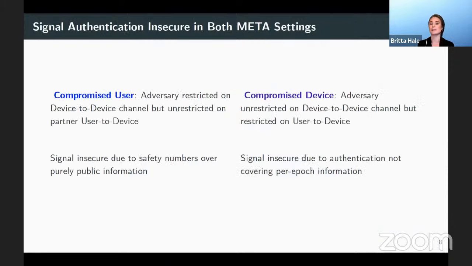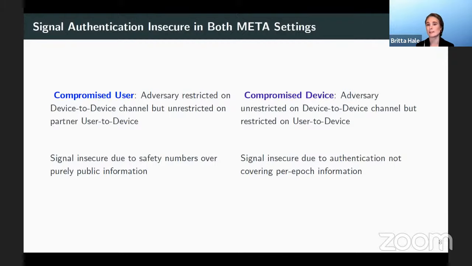We then further split this up into different cases and look at them separately and cross-compare when the protocol is secure and when not. So in one case, we say it is a typical cryptographic attack where the adversary has complete control on what happens from device to device, in other words, a compromised device model, but we restrict it on the user-to-device side. And on the flip side, for the compromised user, we say the adversary has unrestricted access on the user side, but we are going to restrict it on the device-to-device.